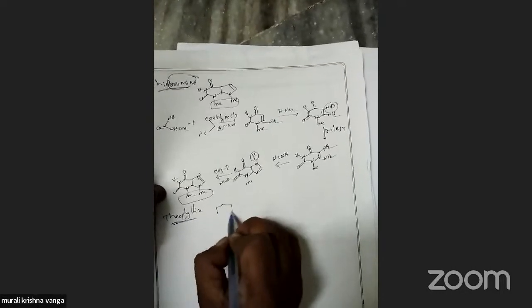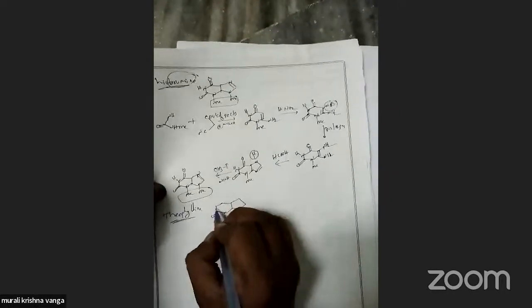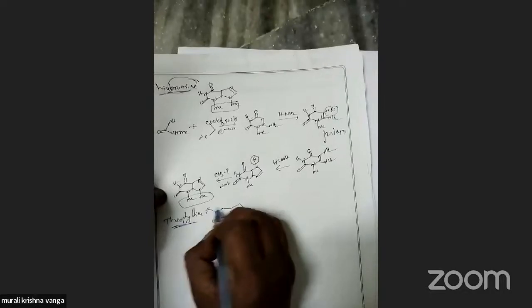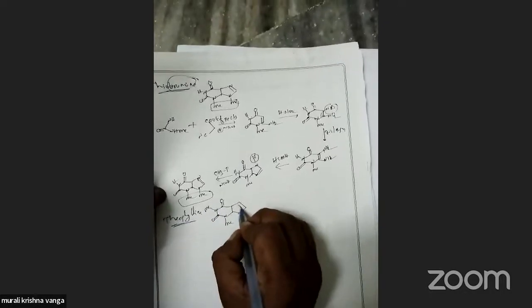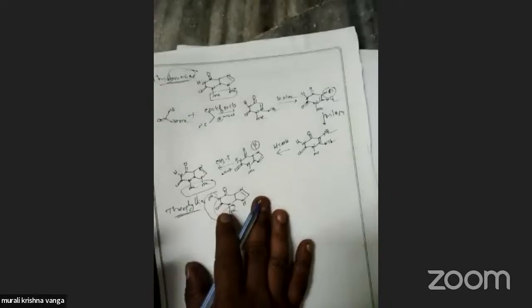In this theophylline, N-methyl, N-methyl, NH, N. In theophylline, in the 5-membered ring, two methyls are present. In the 5-membered ring, nitrogens with two methyl groups. So when it is reacting with N,N-dimethyl urea,